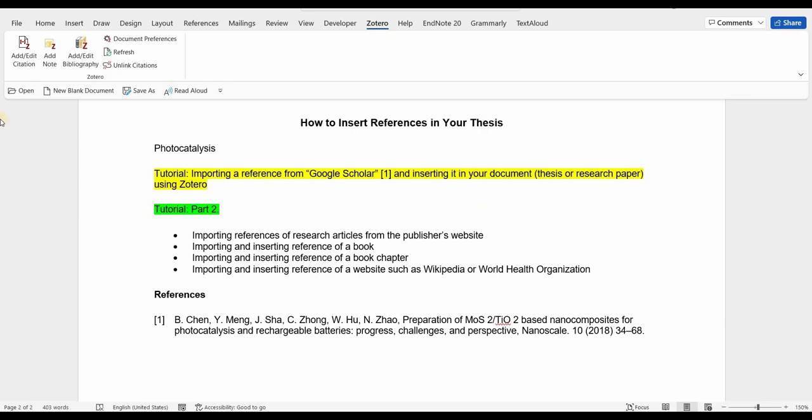In that video I presented an introduction to Zotero. Zotero is a freeware and easy to use referencing program with the help of which you can import references from any website and insert them into your document, your thesis or your research paper. In that video I not only told you how to install Zotero and its plugins for Microsoft Word and Google Chrome, but I told you how to import references from Google Scholar and insert them in your thesis or research